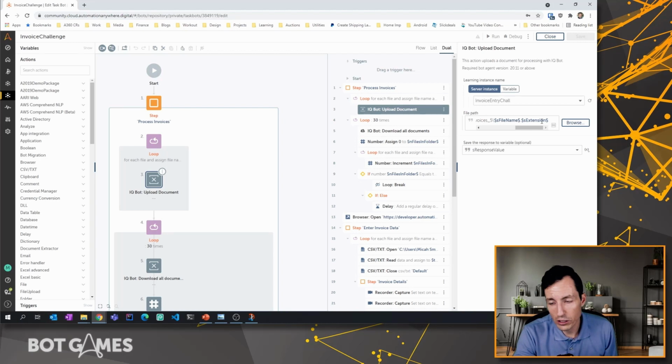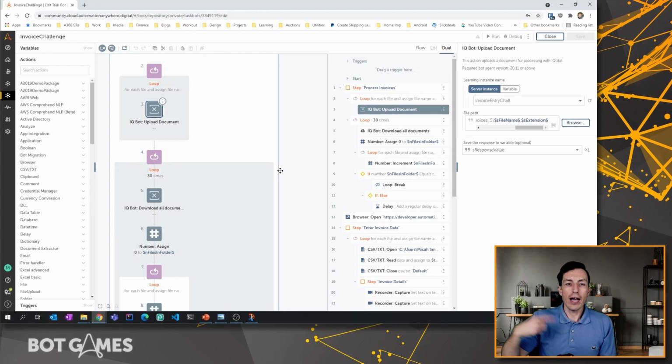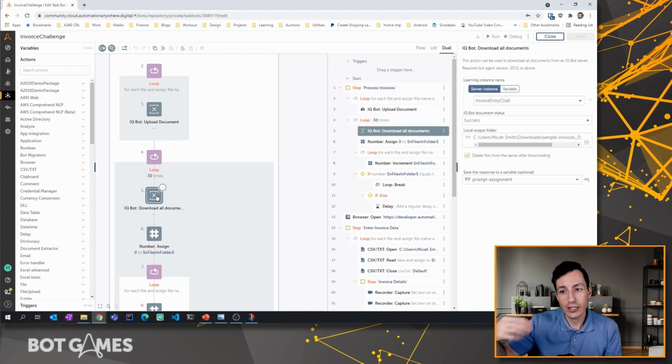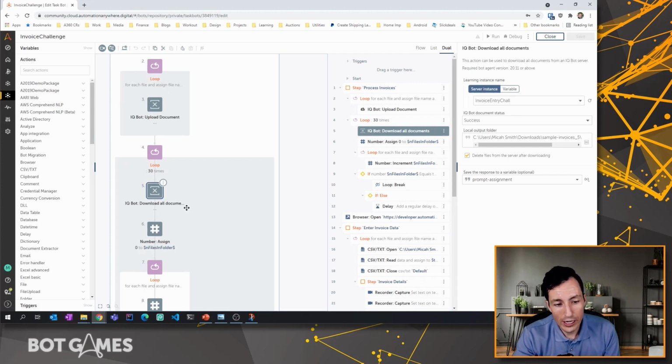Now, as you're uploading them, the IQBot server is processing them. It's not going to process them instantly, right? You're not going to give it one and it hands it back right away. It takes a couple seconds to process each of these. So what I did below that is add a loop where I'm trying to download all of the successful files that are available. And what I'm doing is I'm checking to see how many